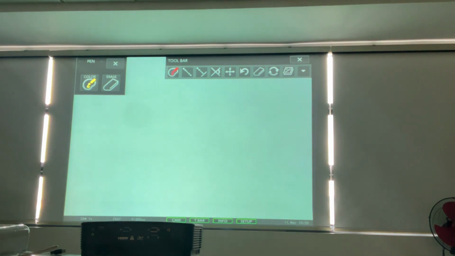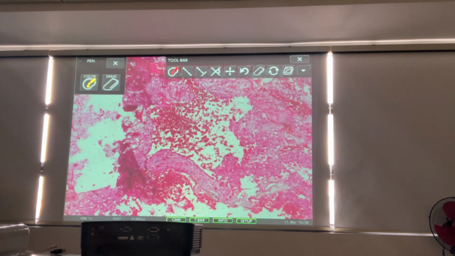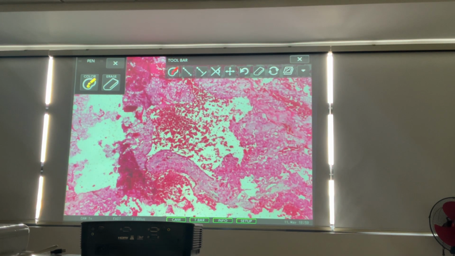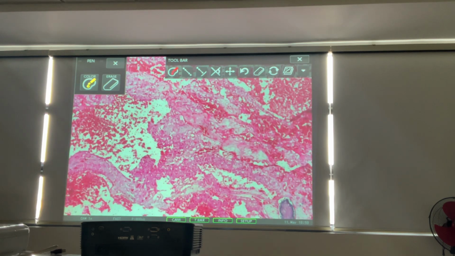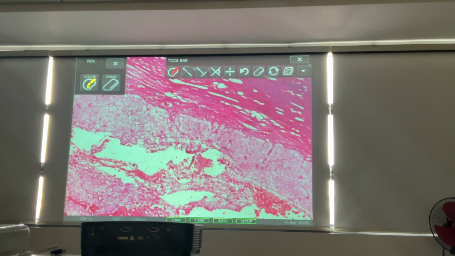Okay. So we only have one benign tumor, the rest are malignant tumors. The next slide is renal cell carcinoma. Renal cell carcinoma is the most common form of kidney cancer in adults. So age of onset is usually 50 to 60 years old. And it presents with a classic triad. What's the classic triad of symptoms?